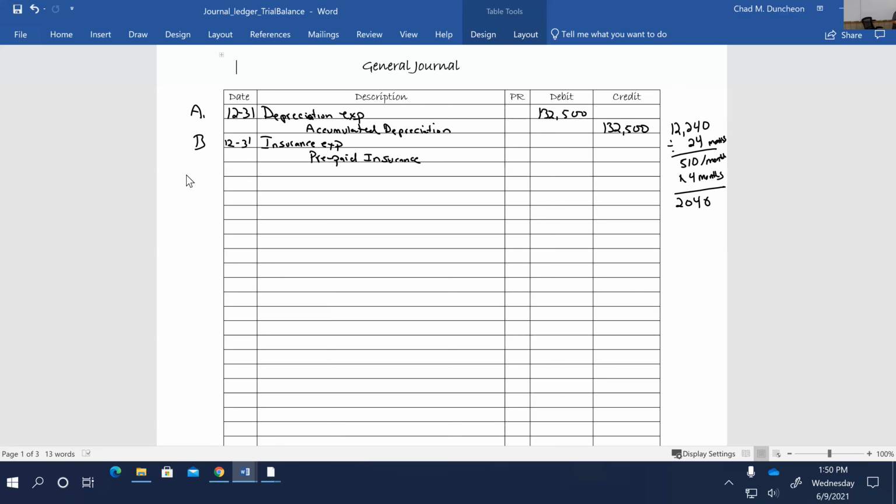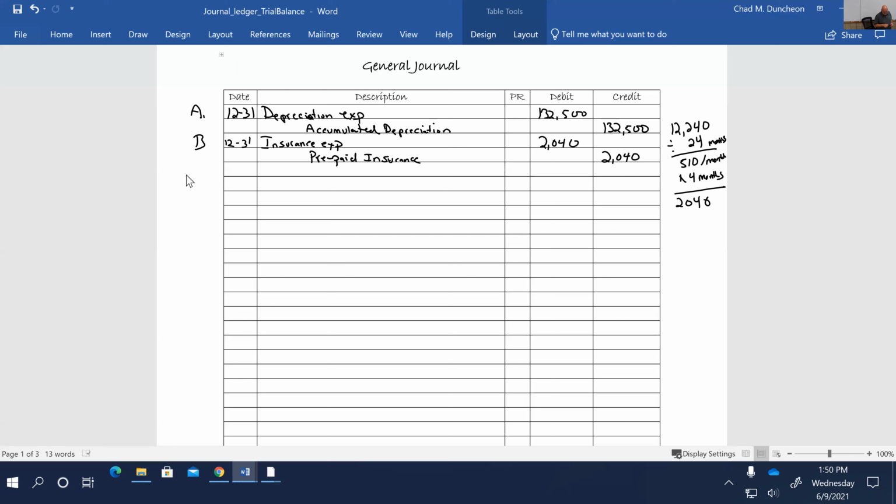That is the amount of insurance that has been used up to this point, 4 months at $510 a month. So that is the amount that we need to expense. And if we needed to know our prepaid insurance amount, how much was left, we take our beginning balance of the 12,240, subtract out the 2,040, and it'll tell us how much insurance is still on the books that is